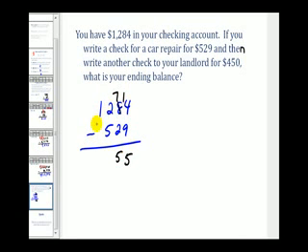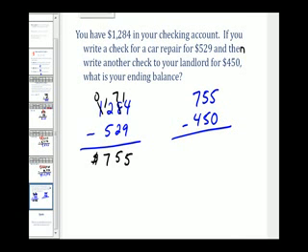In the next column we have 2 minus 5. Normally we would borrow, but since this is the last column to subtract, we can go ahead and just take 12 and subtract 5 to get 7. That would be the same thing as changing this to a 0 and adding 10 to the 2 to get 12. So after the first check clears, we have $755 in our account, but now we have to subtract the second check of $450. So we'll have 755 minus 450,